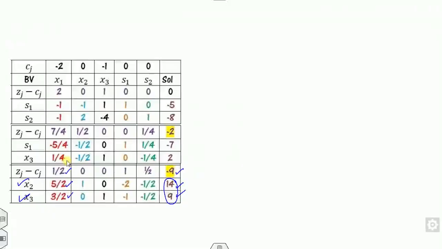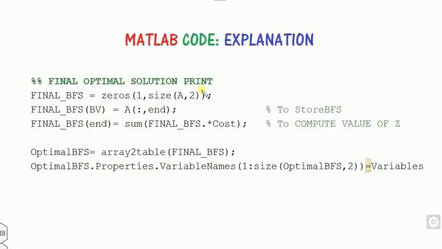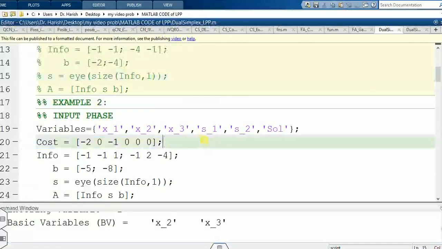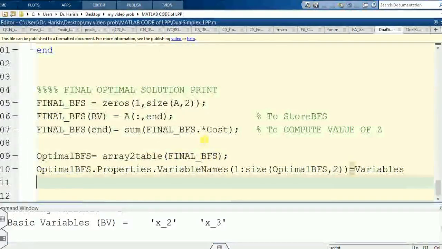Now in order to finalize, this is there. Now you want to print the file. So in order to print the file, you have to store the values, and you can simply copy this optimal table solution from here. Look at that, I can paste the values at this. Okay, so this is there.